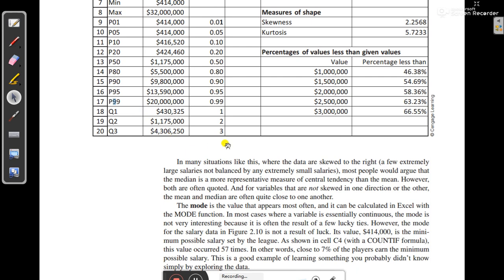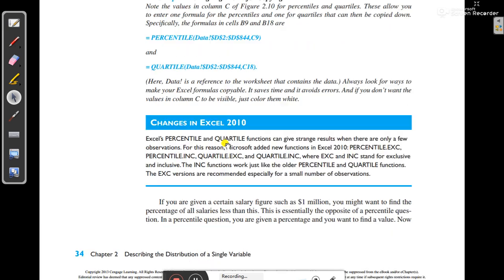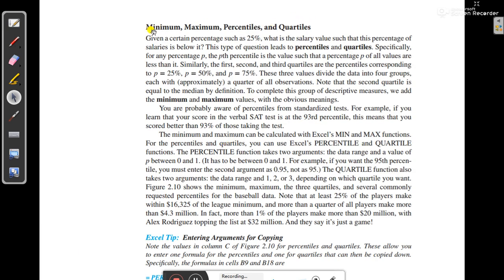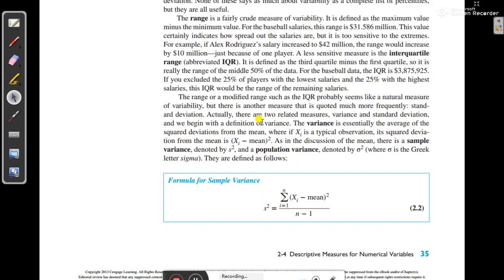Okay, so that is about percentiles, quartiles, minimum, maximum. Okay, now we'll go through variance. Okay, variance means it is essentially the average of the squared deviation from the mean, or you can see here the equation